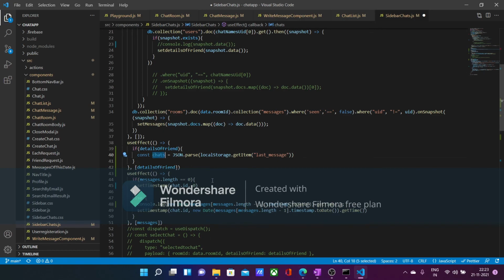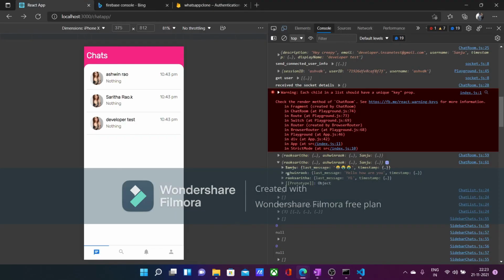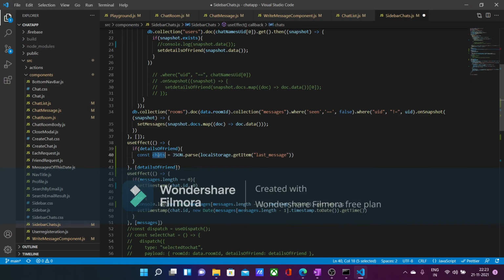So this chat variable will hold all these three things. Now what I can do is